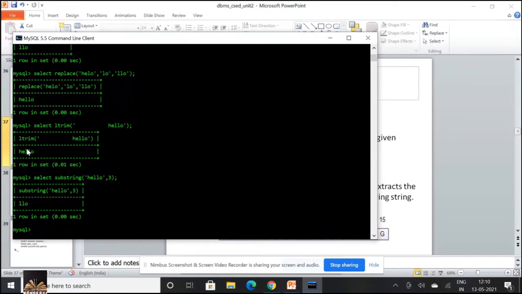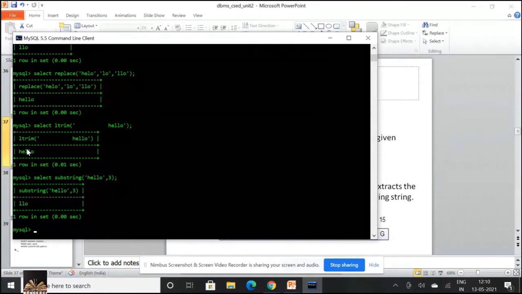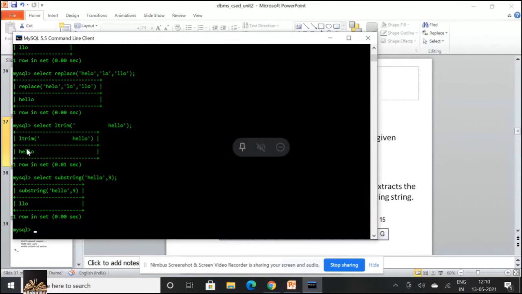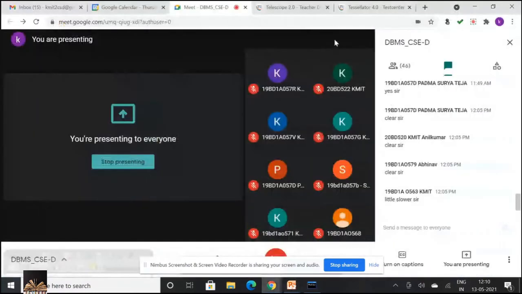So I'm interested in displaying a particular part of a string or a substring. Since it is case insensitive, caps or small letters is the same. Both mean the same with respect to your MySQL.